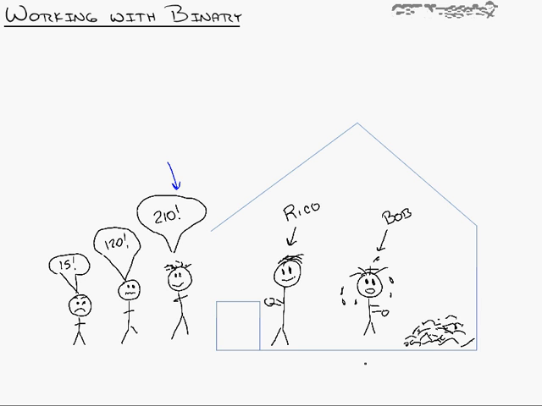And Rico would yell back to Bob, hey, Bob, 210. And Bob would go, okay, okay. Run across the building, grab one. Poof, put the one on the counter. So you got one brick. And then Bob would run across the building, grab another brick, and run back to the other side, pile the